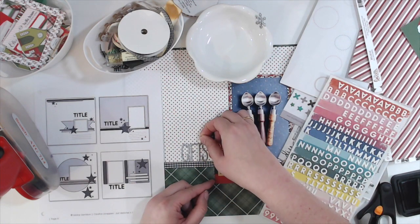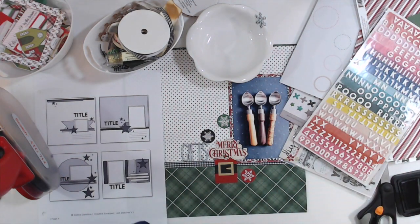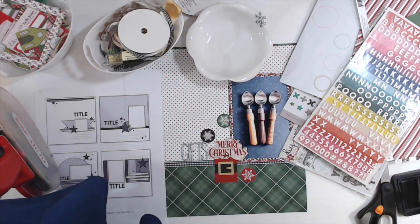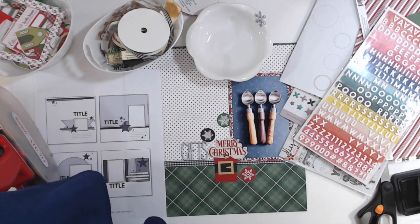And I was going to use these little white letter stickers, but they just do not show up at all. A lot of times they won't show up as well on video, but they do in person, and so I don't mind that. So now I'm standing up and going through my small letter tile basket trying to find